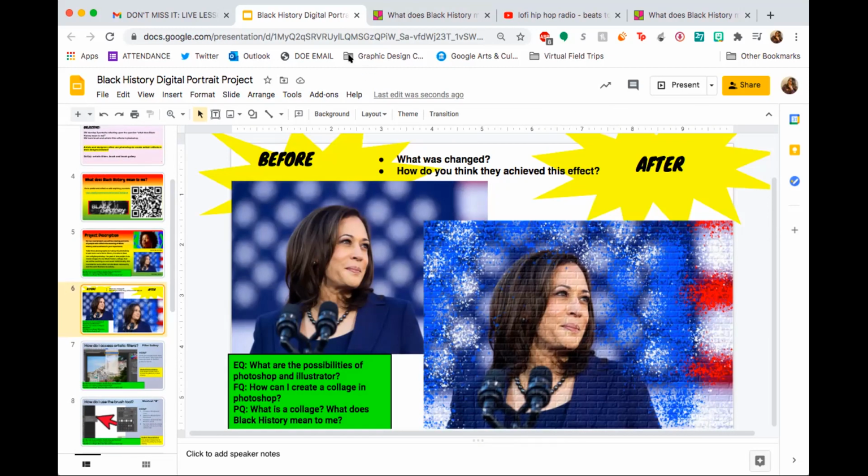No. All right. So let's just take a look. So before we have the photograph, and I just looked on Google for these images, just typed in the name. And then I have my after. So just by looking at the before and after, could you guys tell me what has changed and how you think I achieved this effect in this painting? Okay, I see in the chat, I see background. Yes, so the background's different.